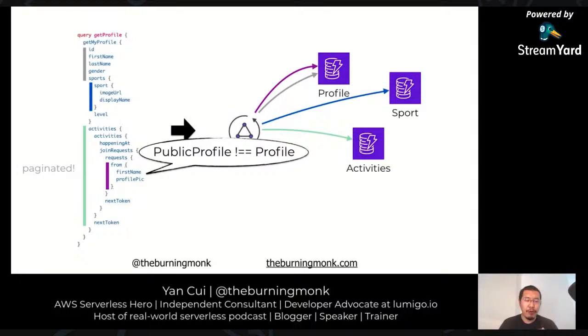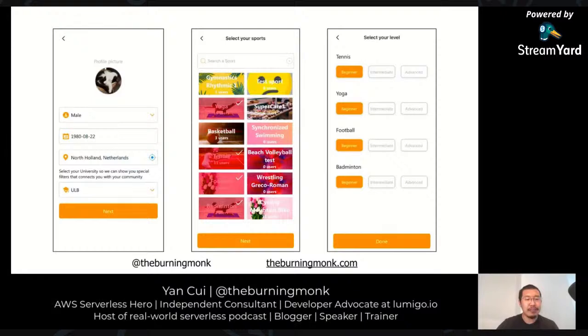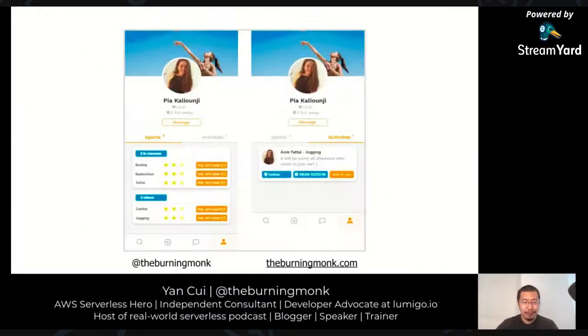So your public profile is a much flatter structure that doesn't allow for much more nesting after that. So in this case, one query is able to return all the data I need to display my profile in the UI. And when you see other people's profiles, you're looking at the data that's available through their public profile only. So you won't be able to see more personal information like date of birth, for example.